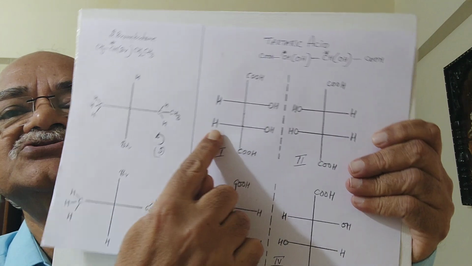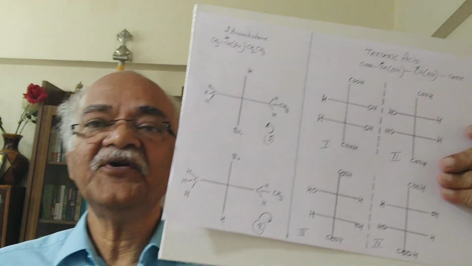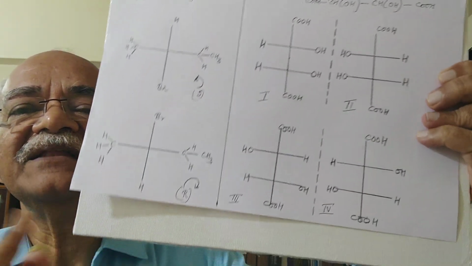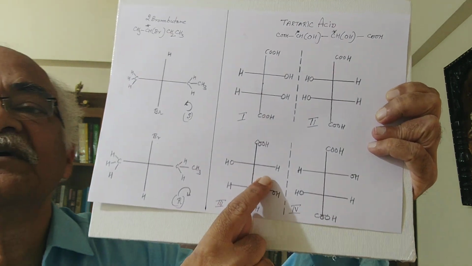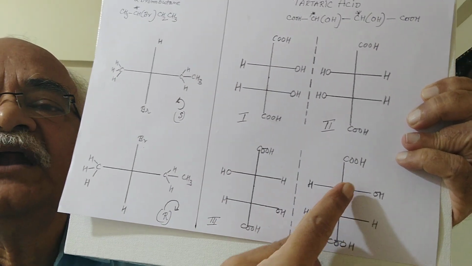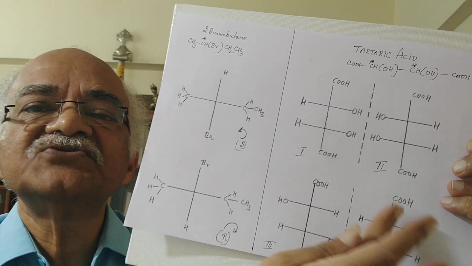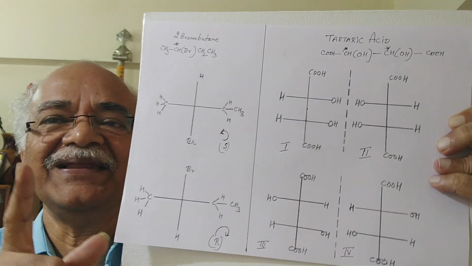So I am again taking this molecule. Before I continue, I want to share with you these two hydrogens on the same side, or hydrogen and OH on the same side. Before I go to the criteria of optical activity, I want to explain. There may be a doubt here. Some of you may feel I have just shifted it. It's not so. Watch out, H, OH. Can't we move it, because C-C bond rotation is possible? Some of you may feel, can't we just rotate here and that will be the same molecule as this? Not likely, not likely. I want to show with the help of a model.